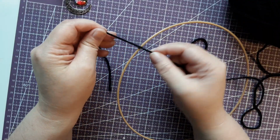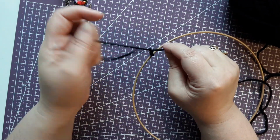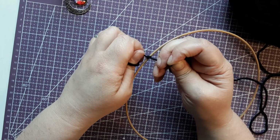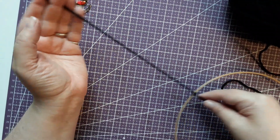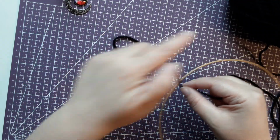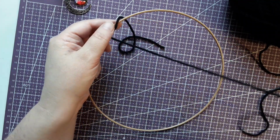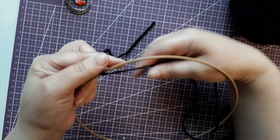I'm just putting a normal knot, and I'm just double knotting it right there. Okay. And I'm going to leave a long tail, because that's going to be part of our hangy loop, and I'll show you how I tie it off once we get it all wrapped around. Okay. But what I start doing is just wrapping this